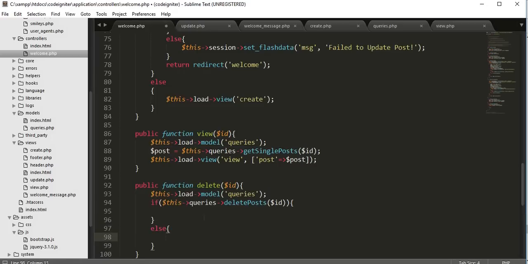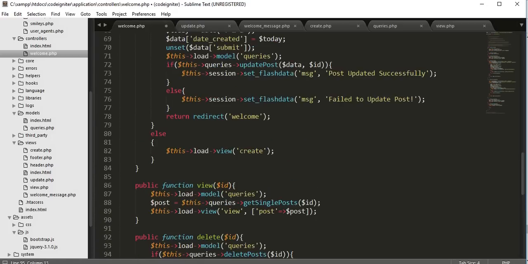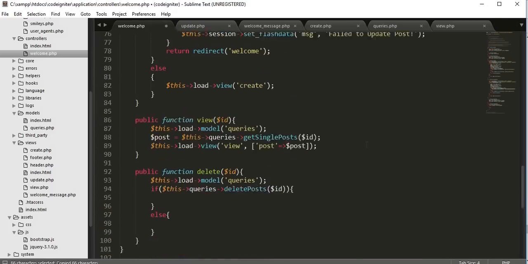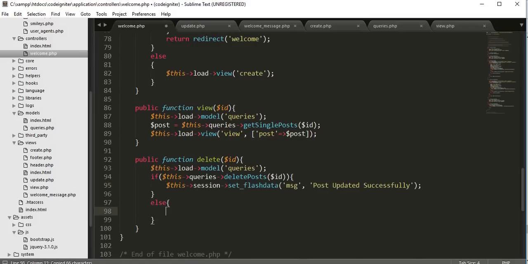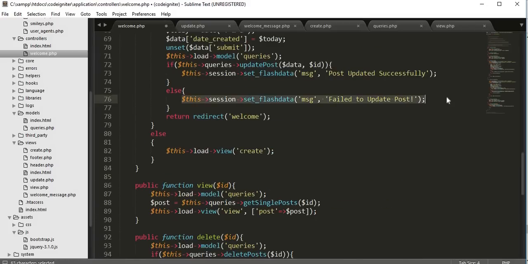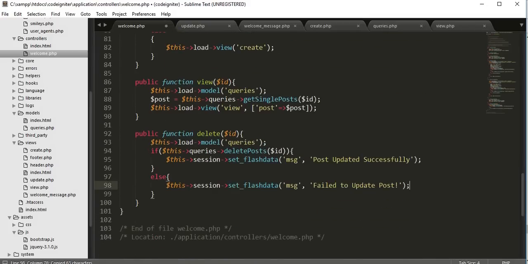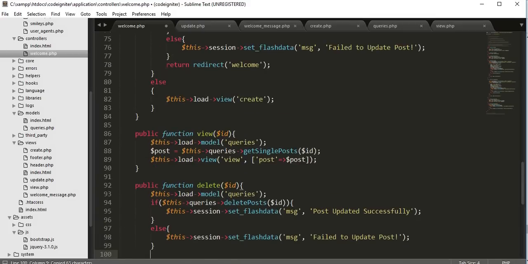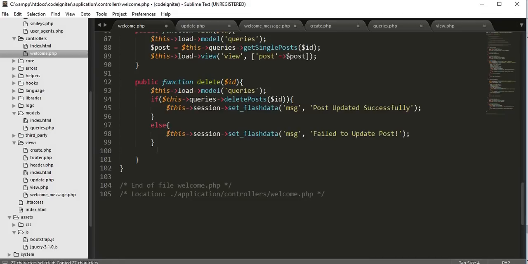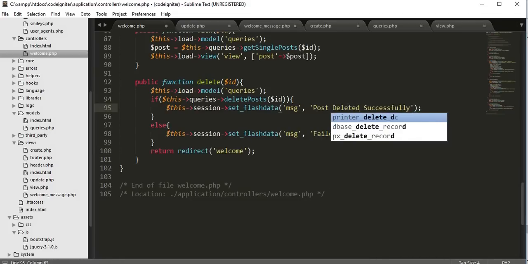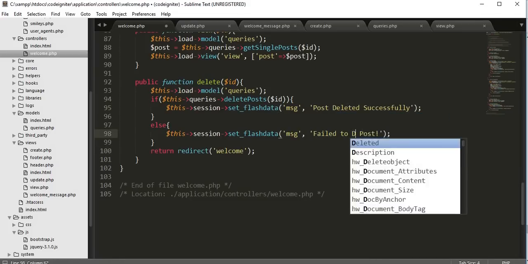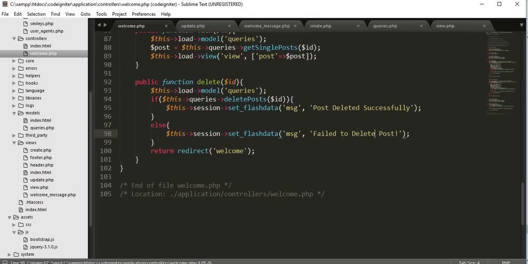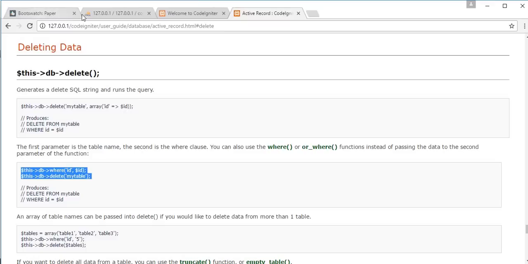else we need to use this session set flash data, copy, paste it here, and then copy this, paste it here, post deleted successfully, failed to delete post. Okay, in both the cases I'll be directing the user to welcome controller. Okay, now